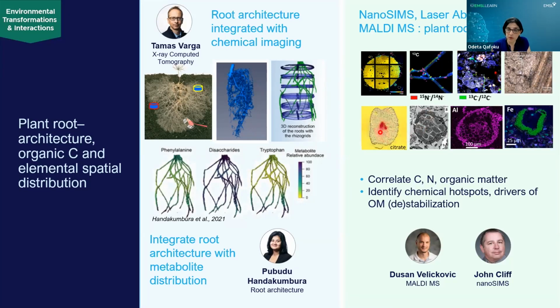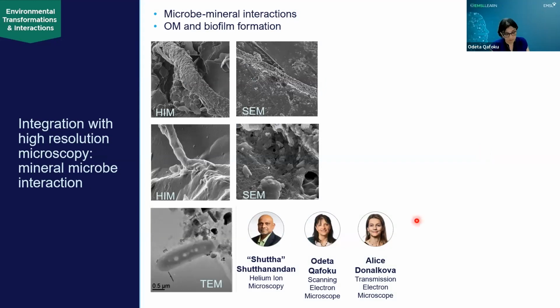Also, other capabilities that we can attach to the X-ray computed tomography for understanding processes in the nearby environment are, again, multi-mass spec to look at the carbon concentration around the root, and electron microscopy for looking at morphology around the root, and also for looking at hotspots that are forming around the roots and in that environment, which can give us insight about organic carbon destabilization or stabilization.